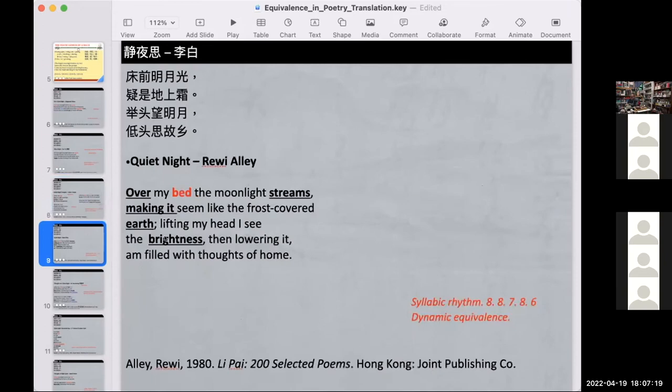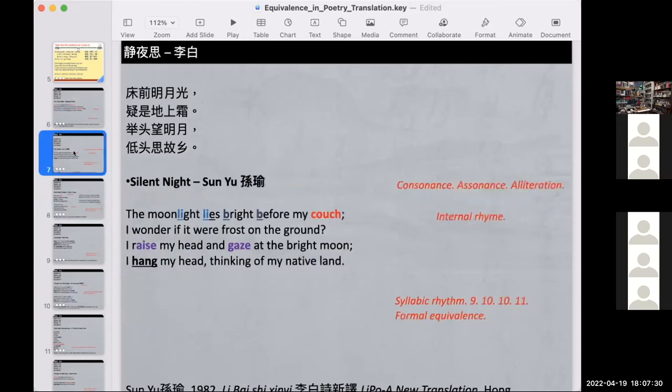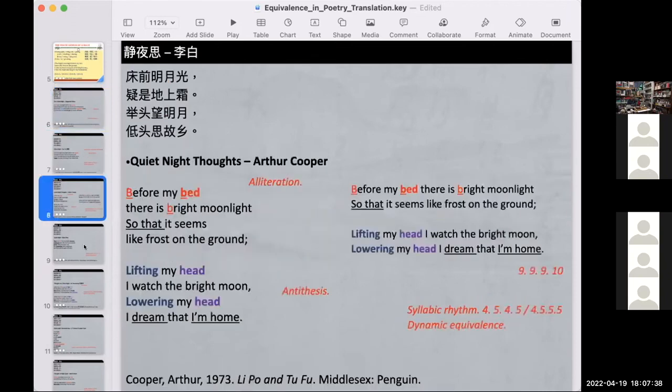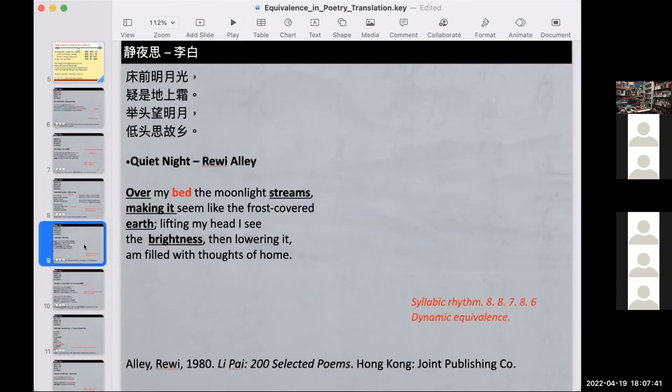Both of them, over my bed, the moonlight streams. We can see also the word bed. Some of them translated it as bed, some of them translated it as couch, like Sunyi and Obata. And there is a third meaning for the word Chuan. Does anybody know the third meaning? It could be bed, it could be couch, and it could be something else. None of them translated it as the third one,